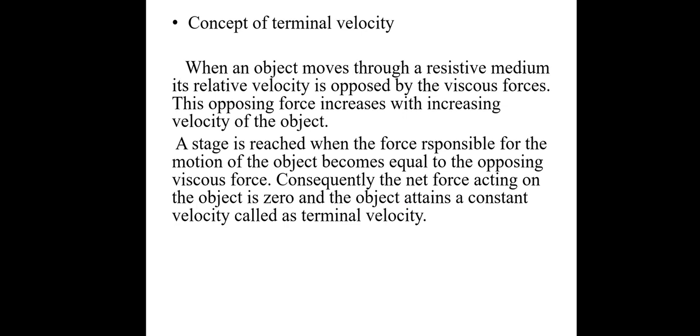Both the forces get balanced and the object attains some constant velocity, which is called terminal velocity. Terminal velocity is the constant velocity attained by an object when it is moving inside the fluid medium, at which both the weight of the object and the resistive force